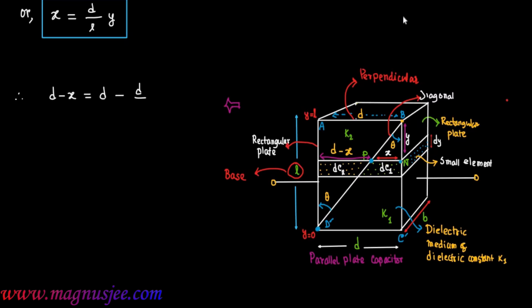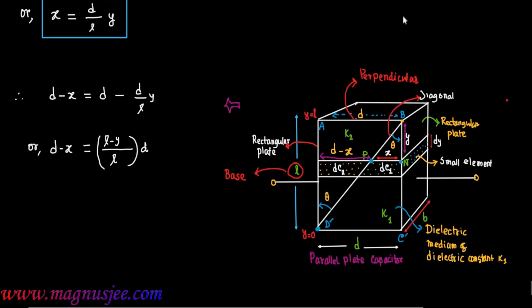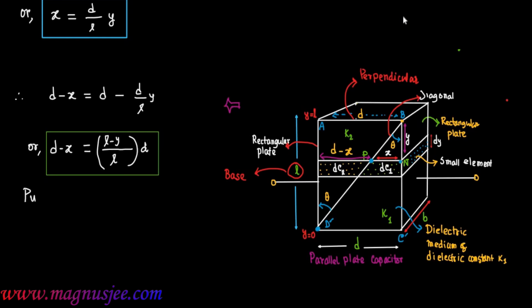Therefore, d minus x is equal to d minus (d by L) into y, or d minus x is equal to (L minus y) divided by L, into d. That is the expression of d minus x: d minus x is equal to (L minus y) divided by L into d. Putting this expression